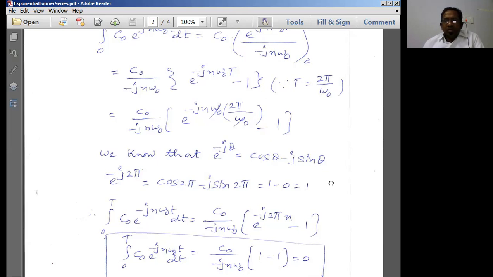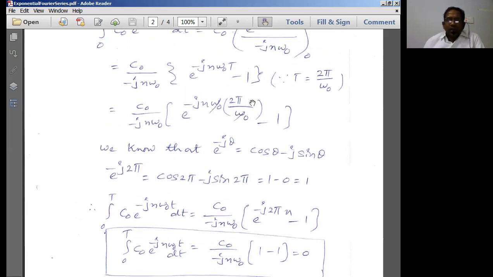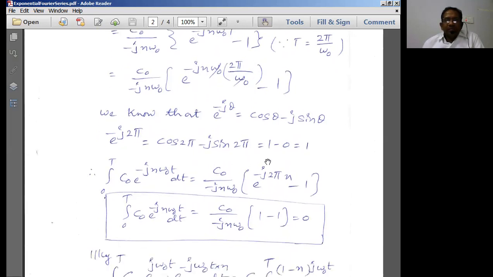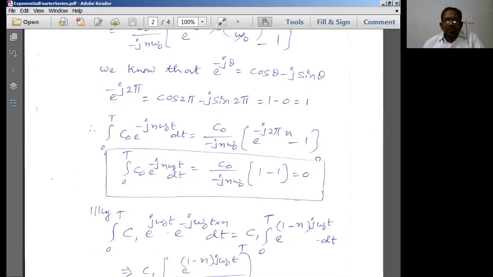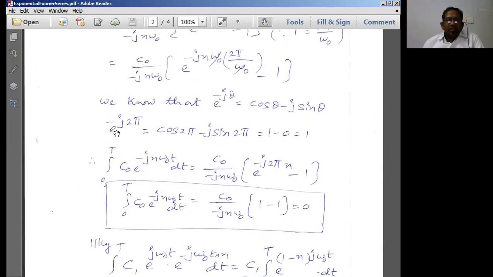So we have simply got the appropriate relationship for this. Therefore I can substitute T is equal to 2 pi by omega naught. Here omega naught will get cancelled. Once these two get cancelled, I have a form like e power j theta. Now I have e power minus j 2 pi n. So I can write it in the form of e power minus j theta. We already know the expansion of this, cos theta minus j sin theta, using the Taylor series. Then I can simply write this as e power minus j 2 pi n and expand it based on this particular formula.